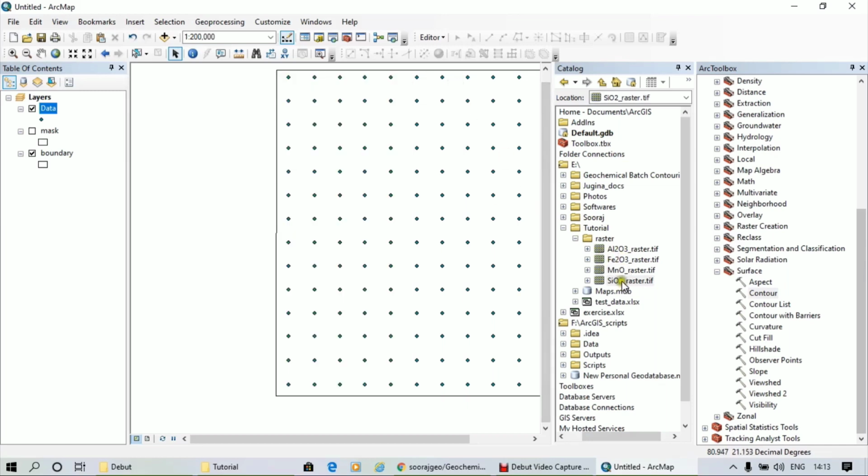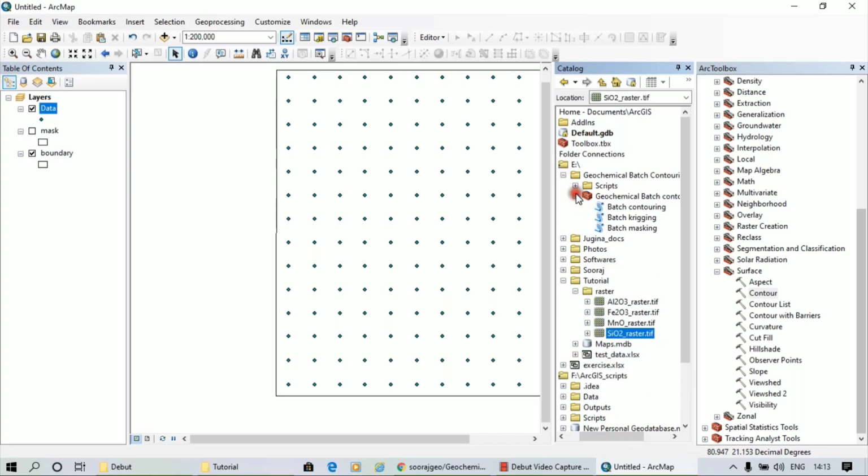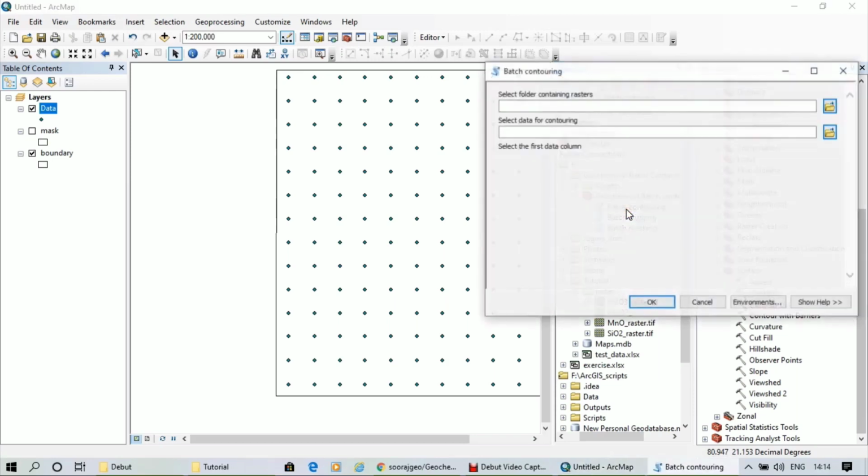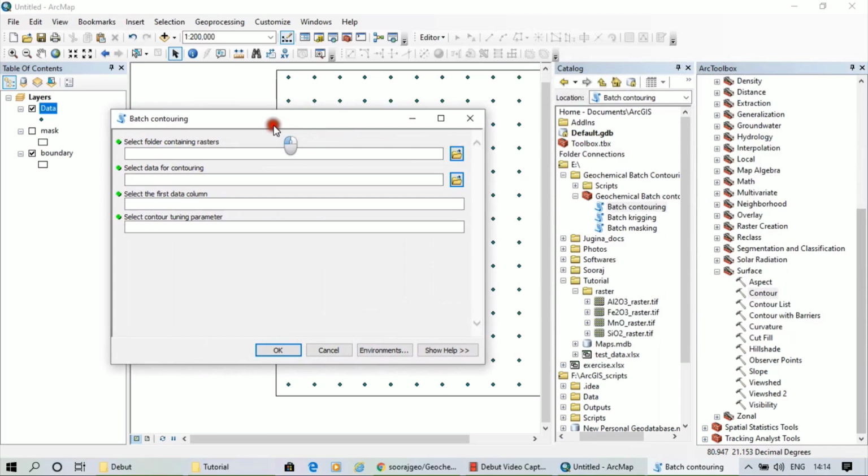Okay. Then the next step is doing the batch contouring process. First, you have done batch kriging and generated the raster files in the raster folder. Now the next step is the batch contouring. So for this, the input folder will be the raster folder which we have already created. So go to the batch contouring, then select the folder containing the rasters. So what I have created, that folder I will select,